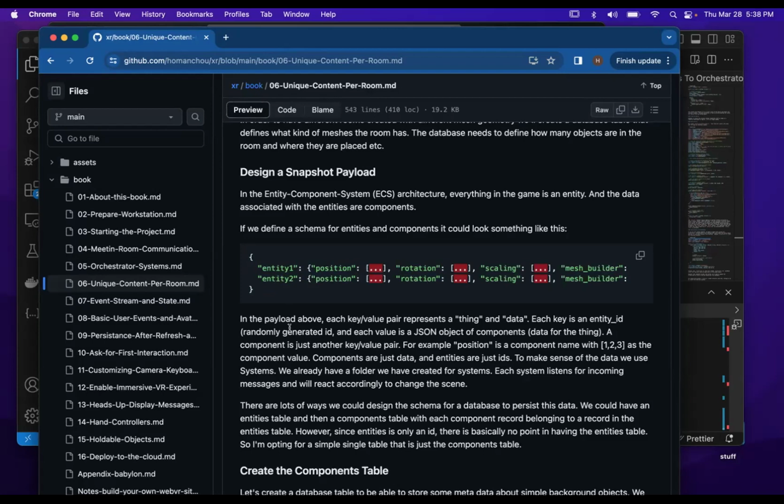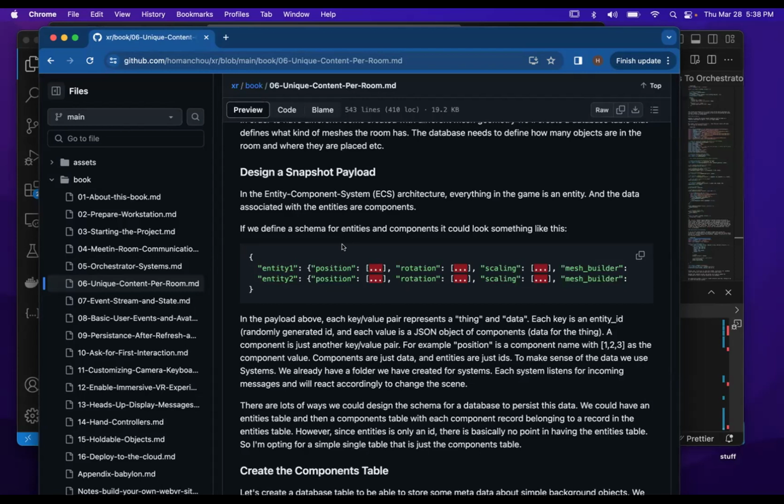But imagine if you had a simple data structure like this. Here's entity one and entity two. So you have two things in your scene, two somethings. And the entities themselves are just IDs. They don't have any behavior. So to inform what kind of behavior we should give them, we're going to create this other concept,